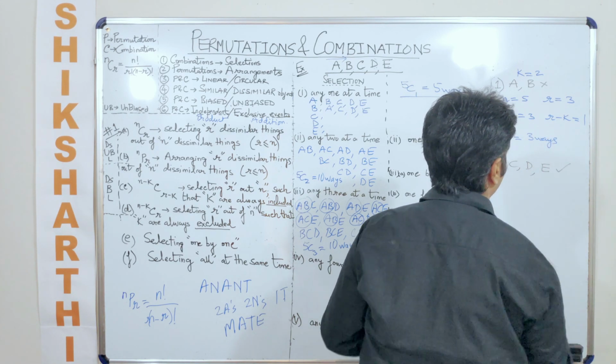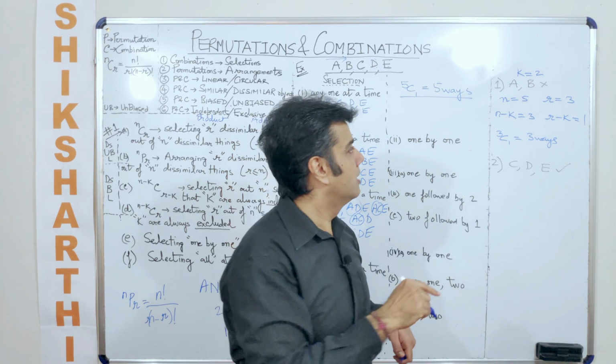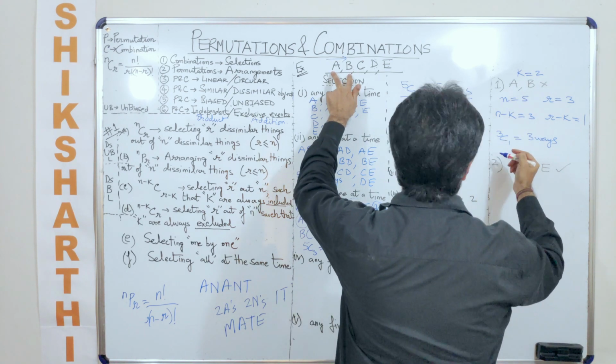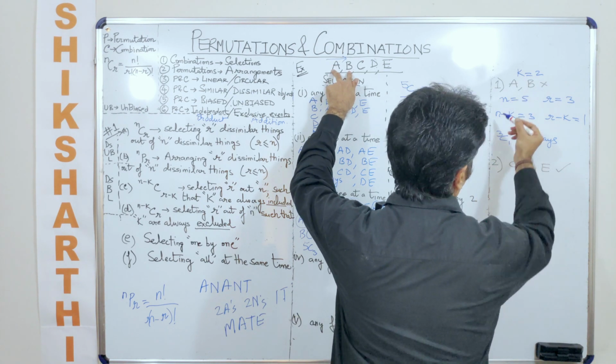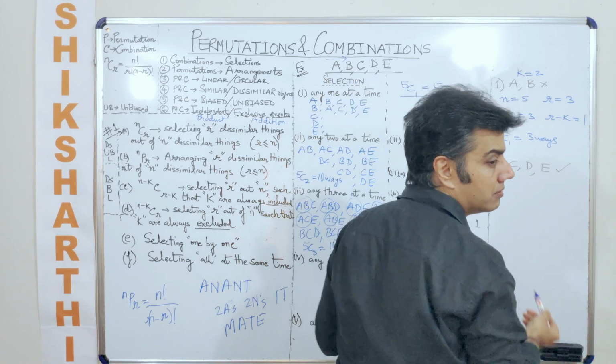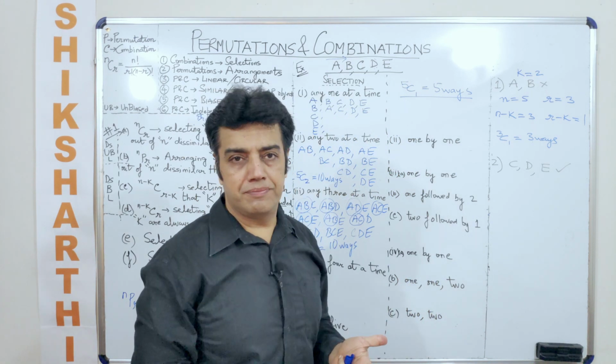Now once I know the answer, from the answer, please write down all the fundamental ways. What are the fundamental ways? I can't select A or B. So how will I select? A and B should not be there. How do I get 3 ways now? That is the point that you need to understand from here.